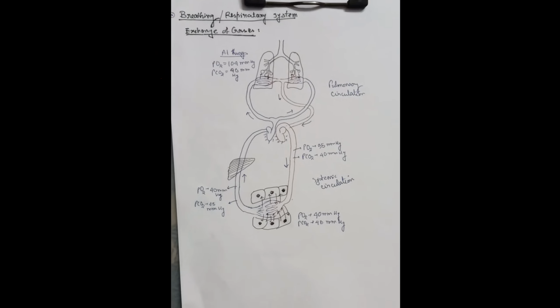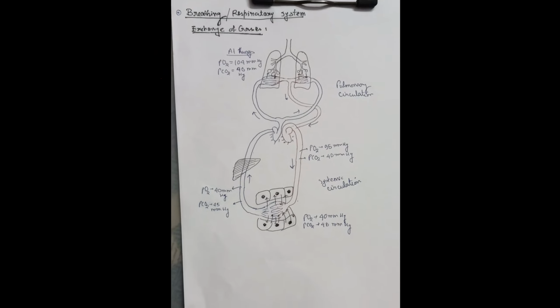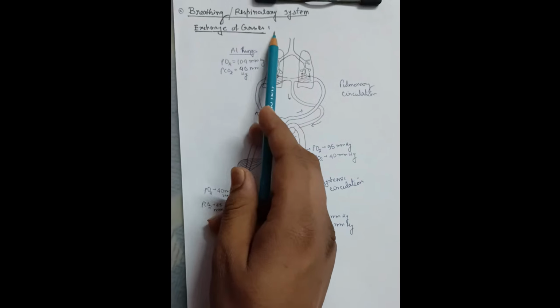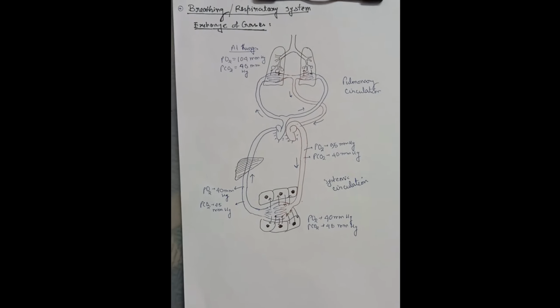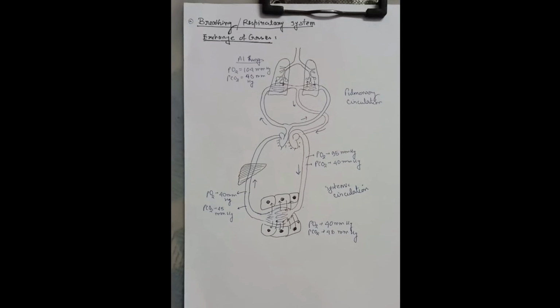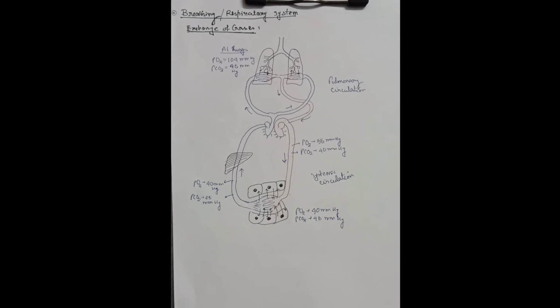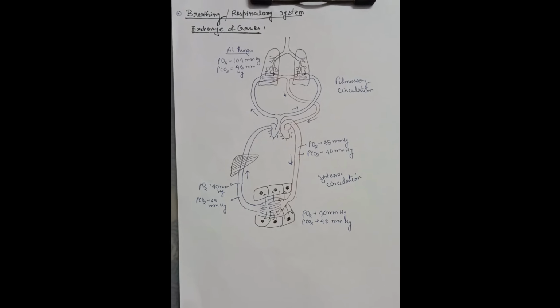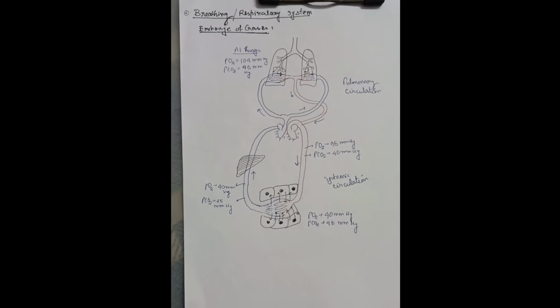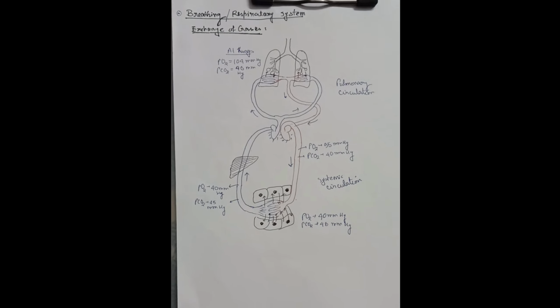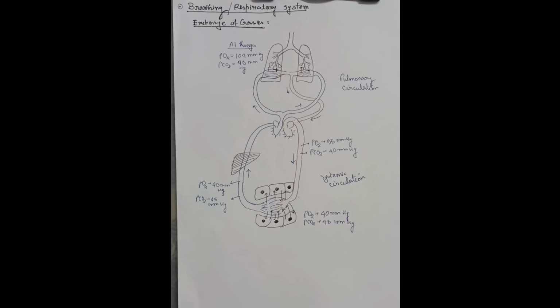Today, under the topic of the breathing system or the respiratory system, we are going to talk about the exchange of gases. That is how the different gases in our body, that is oxygen and carbon dioxide, are transported through our blood into the different tissue systems, all the cells of the body, and how they are exchanged at the different levels, that is the pulmonary or the alveolar level, at the lungs, and at the tissue level